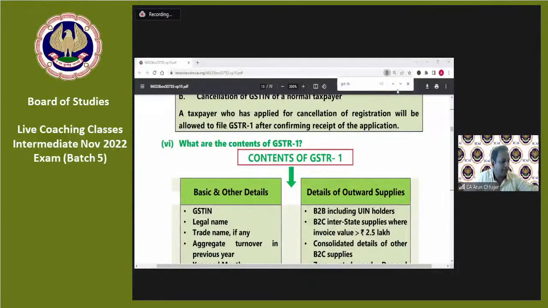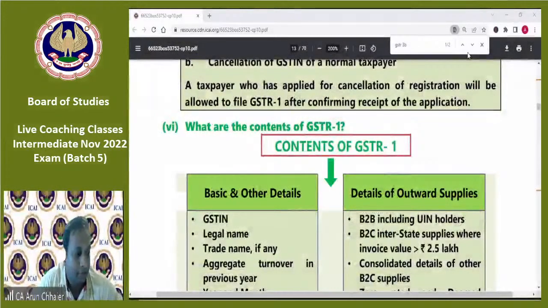So starting with the query, Akash: monthly payment through 3B, quarterly payment through PMT06. Akash, along with 3B we have to make the payment, but the payment would always be through PMT06. One thing, make it clear that payment would always be through PMT06, but when we are filing the 3B,